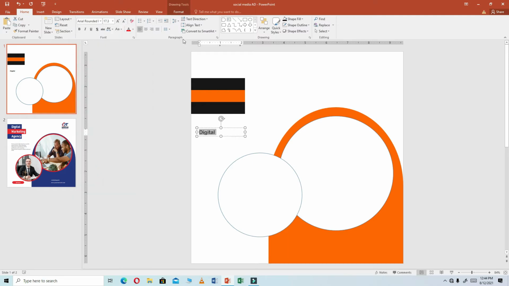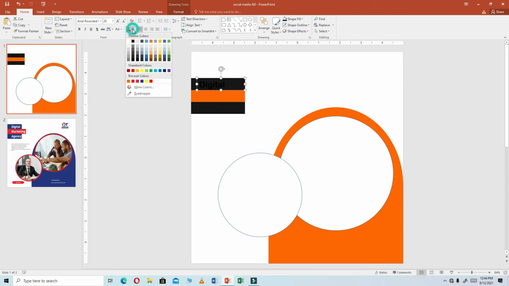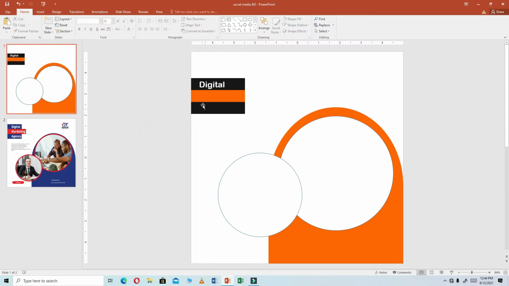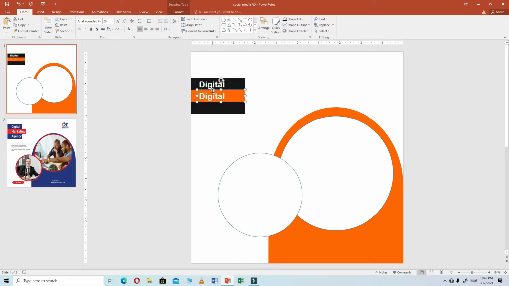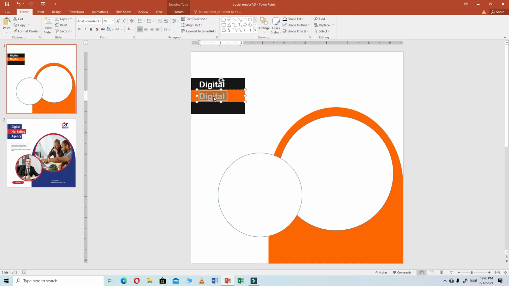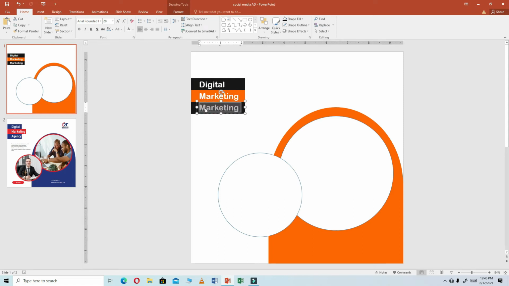I'm using Arial Rounded, and then I'll enlarge it a bit like that, and then I'm going to bring it here, but I'm going to change the color to be white like that, and then I'm just going to click on this one, then I'll hold control on the keyboard, then I'll bring it down, then I'll click Control A so that I can type marketing like that, and then again I'm going to hold control on my keyboard,